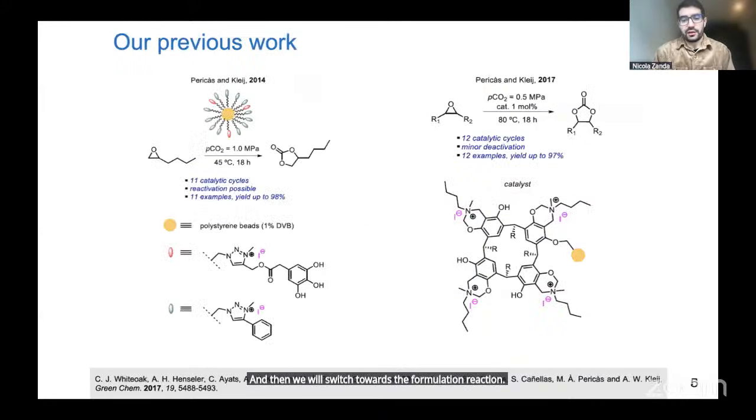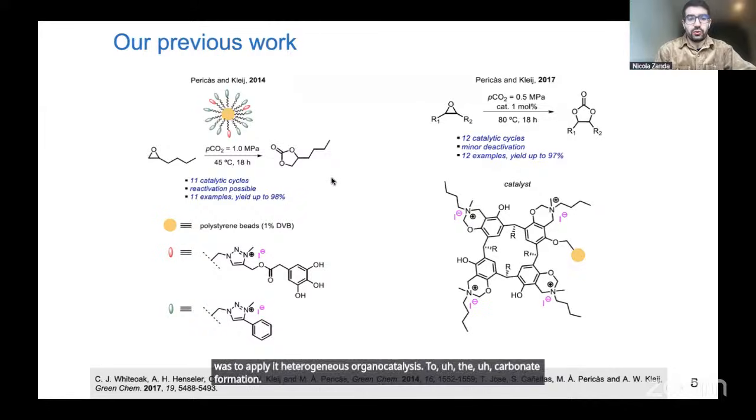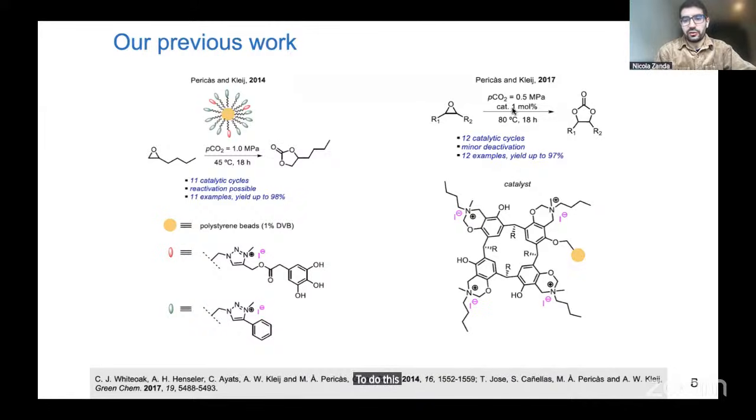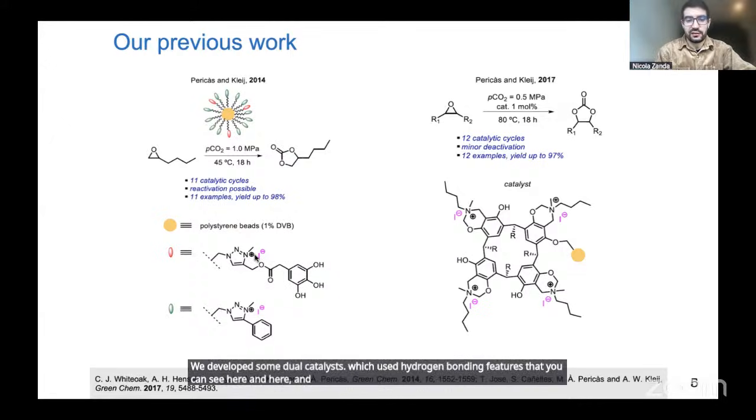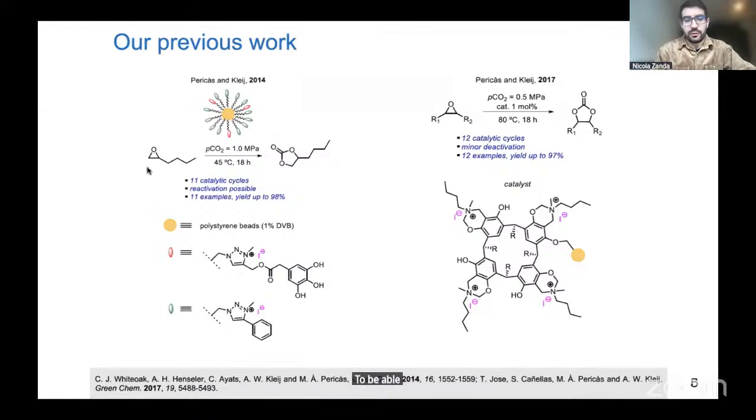In our group, what we tried to do was to apply heterogeneous organocatalysis to the carbonate formation. To do this, in the years 2014 and 2017, we developed some dual catalysts, which used hydrogen bonding features that you can see here and here, and halogen catalysis to be able to activate the epoxides and then run the reaction. Although these catalysts were robust and presented a broad scope,